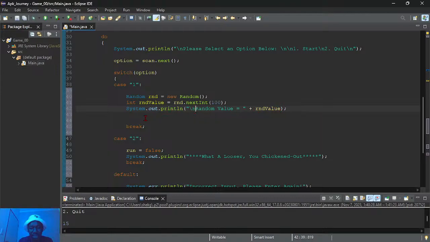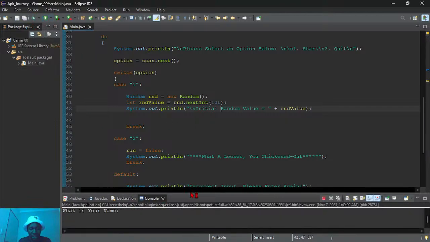No, it's not necessary. Enter random value equals to this, the initial random value. Initial random value equals to whatever, and from there the user will have to guess. Let's run this and see if it works.